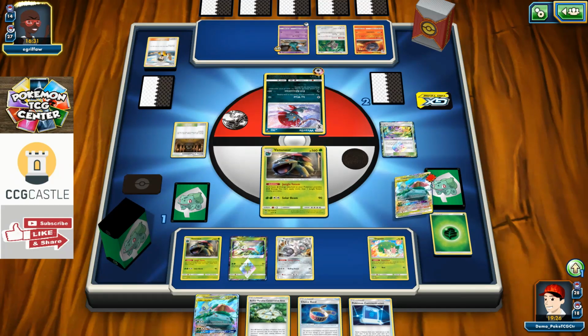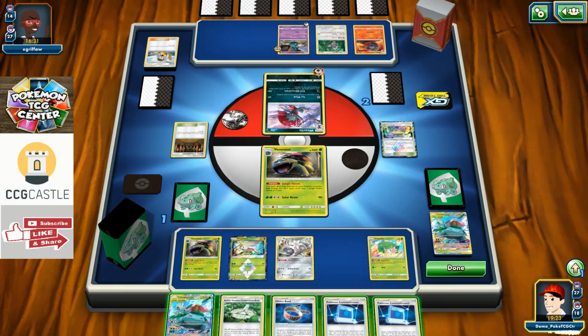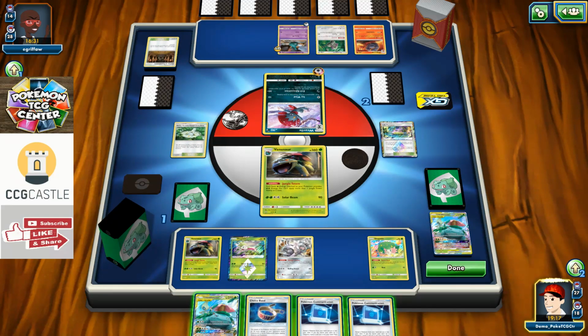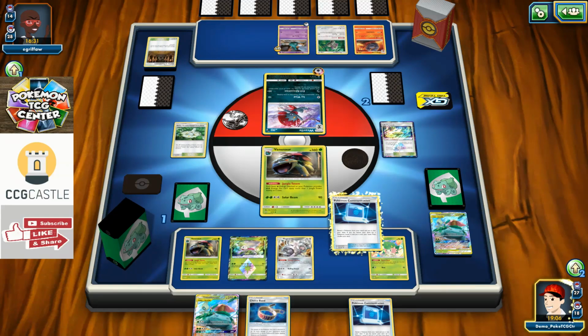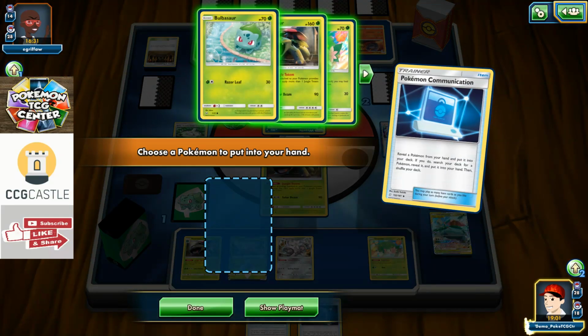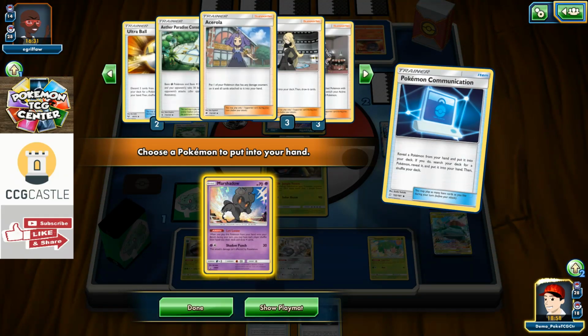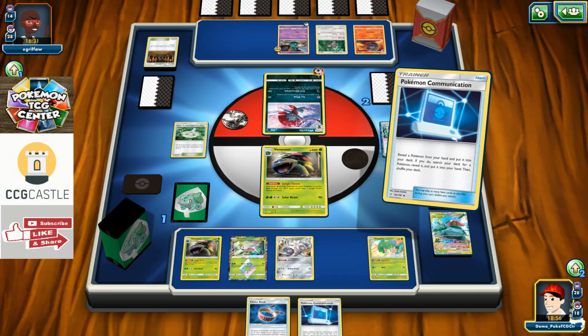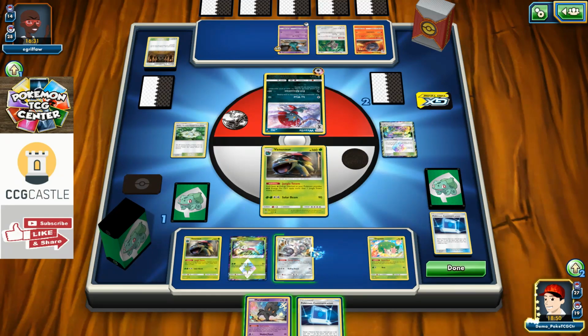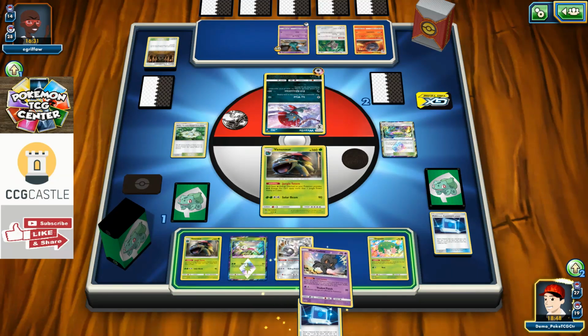He can have my Venusaur. Either Paradise. 1, 2, 3, 4. I basically need energy. Pokemon Communication. So this is actually very bad right now because I need to lock my bench literally with another Pokemon that is not...